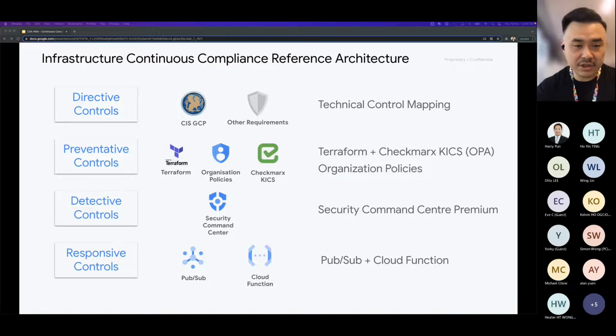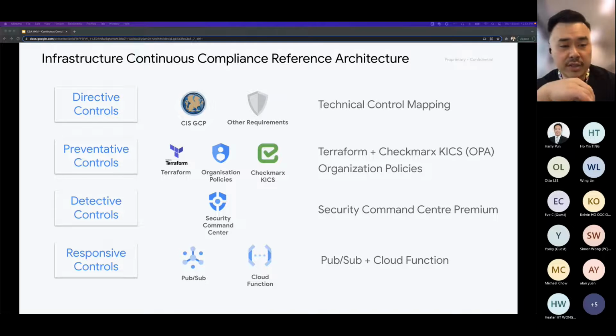So for the directive controls, what I've done is I've chosen the CIS GCP Foundations. I'll pick one of the controls from that benchmark to demonstrate how you can do a very simple control mapping. And then beyond that, I'm going to use the Terraform code to build something, and I'm going to use an open source